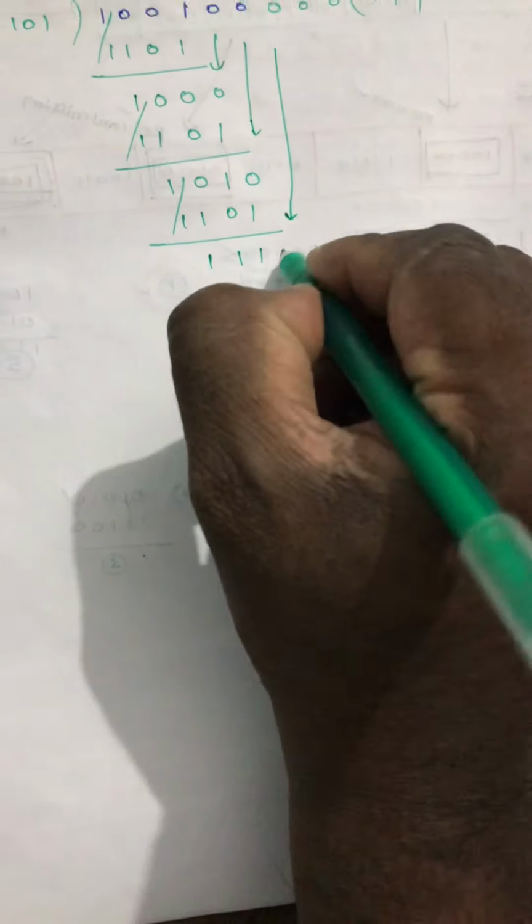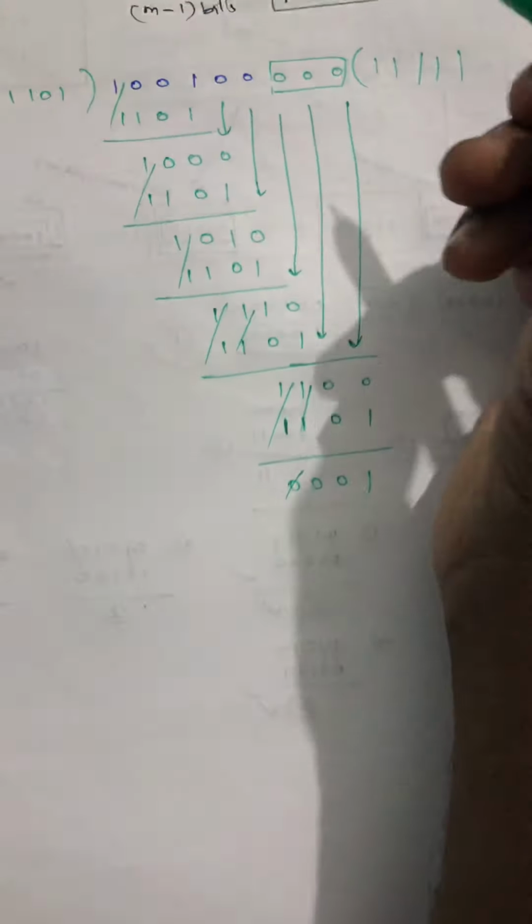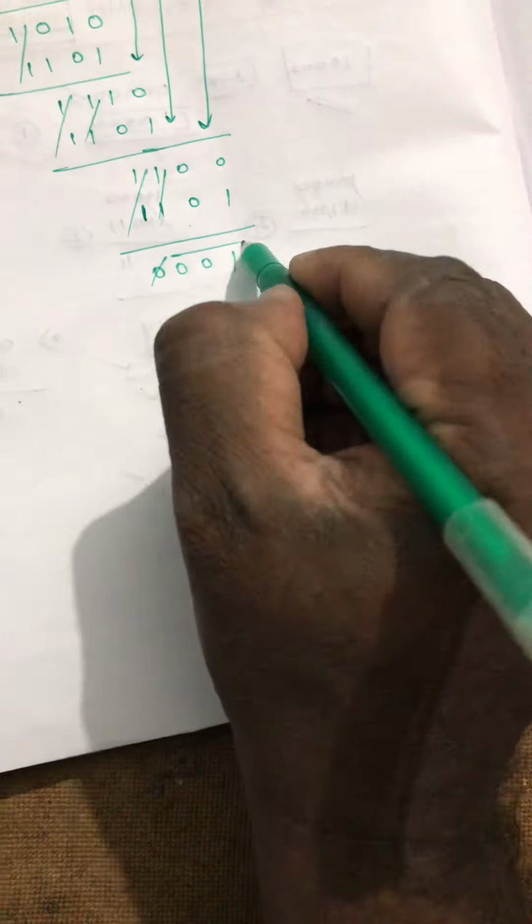I'm bringing this 0 again. So one time 1 1 0 1. So this is gone, this is gone. 1 1. I'm bringing down 2 continuously because I have to do the calculation. So 0 0. One time 1 1 0 1. Let's see this. This is gone, this is gone. What remains is 0 0 0 1. So for our example, we have appended 3 bits. So let us consider the last 3 bits, which is 0 0 1.